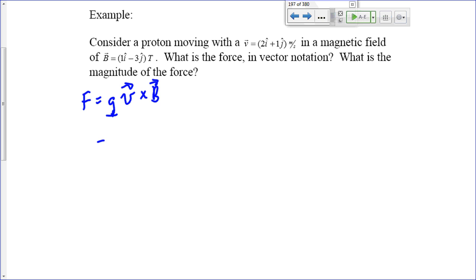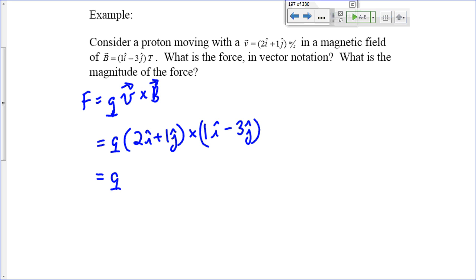All right, so I'm just going to leave Q here for now. We'll multiply it out later because it adds a lot of numbers. V is going to be 2I plus 1J crossed with 1I minus 3J. I'll leave you there for just a minute, so go ahead and do that cross product, just leaving out Q for now. I'll give you a bit of a head start. Remember your I cross I and J cross J terms go away. That's our F and L. So really all you're doing, instead of FOIL, you're just doing OI, just the outer and inner.